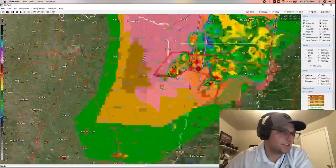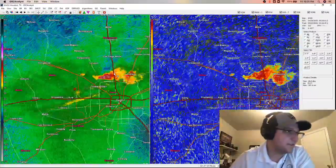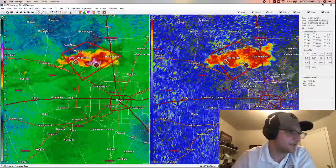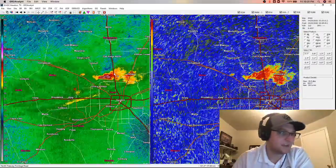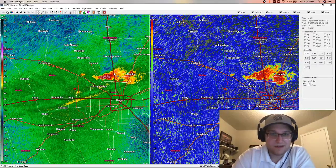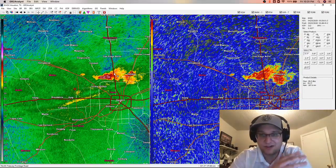Storm here in the Houston area. Bit of a weird one, but nonetheless, I think the Magnolia area from Navasota to Magnolia to Stagecoach definitely saw, I can say for sure, up to golf ball size hail. Tomball, curious to see how that's all going to pan out. I think we had some ping pong ball size hail. I've seen at least one picture with that, and then a lot of sub-severe to up to 1.25 inch size hail,